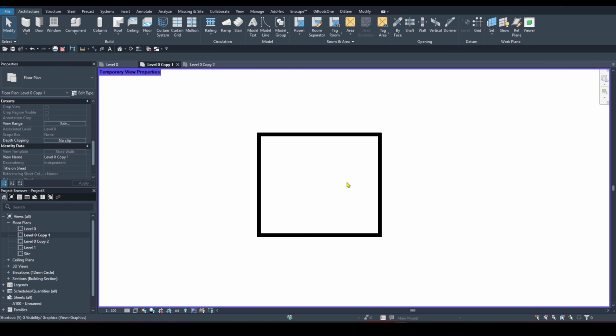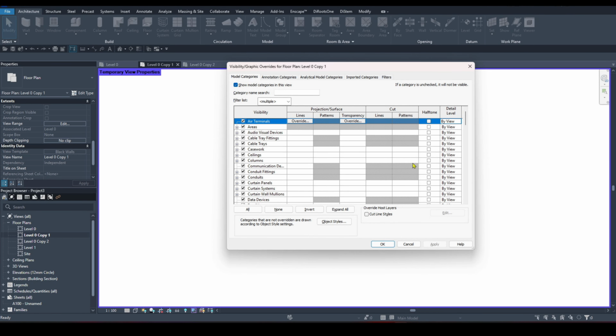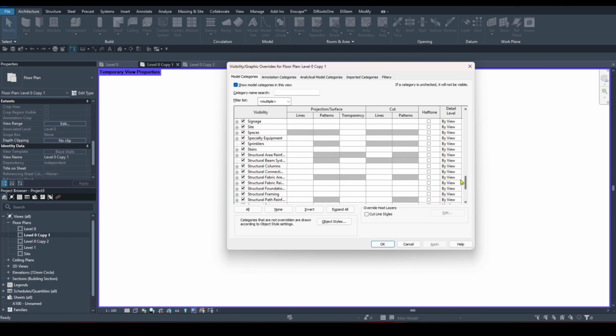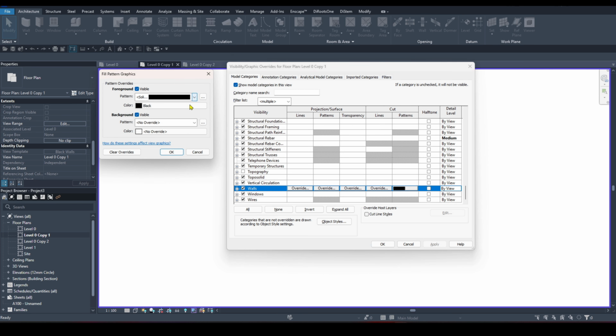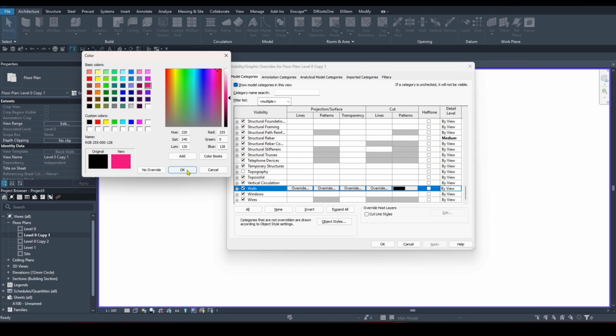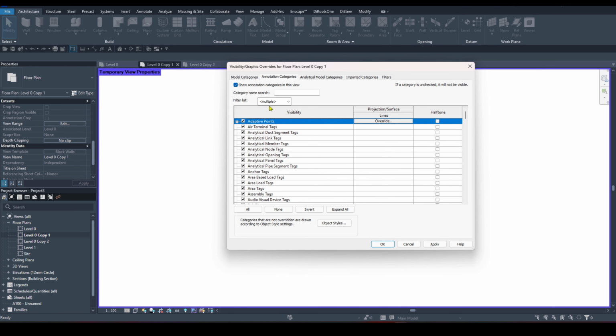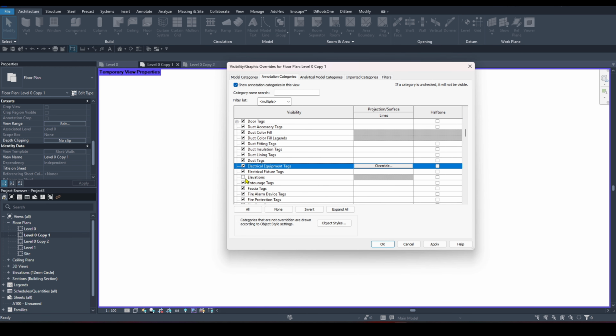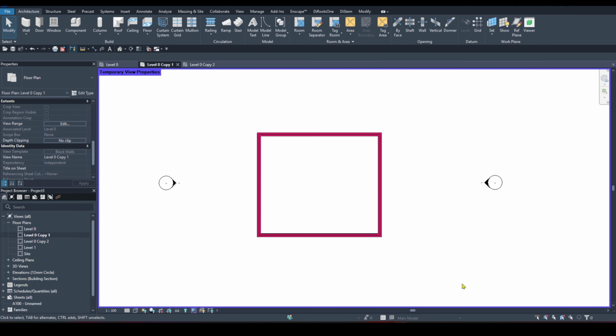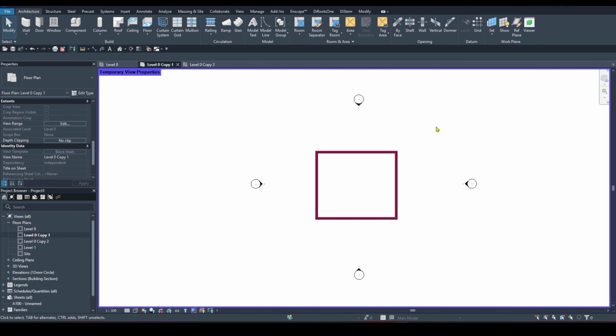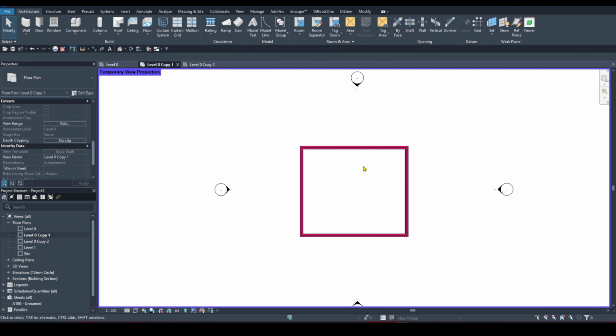So if I go back to my visibility graphics right now, I'll notice that everything is unlocked. It'll bring across all of the changes from the current view template and allow me to now modify them in any way that I want. So I could go ahead and change the color. I could go and reinstate my elevation markers, for example, say OK. All right, so that changes my view, brings back my elevation markers, changes the color of my walls, but none